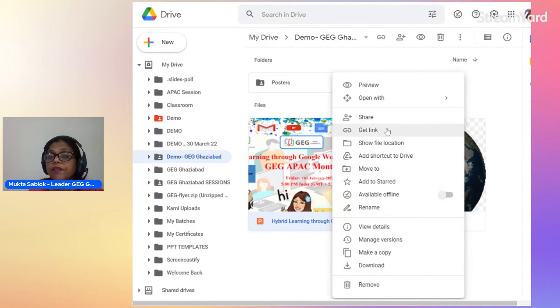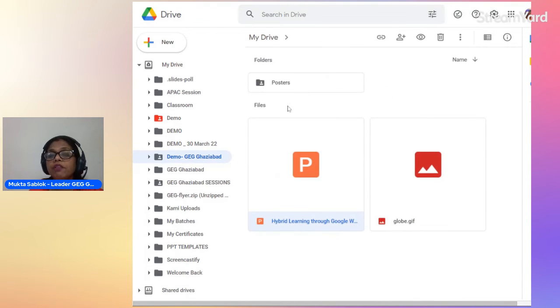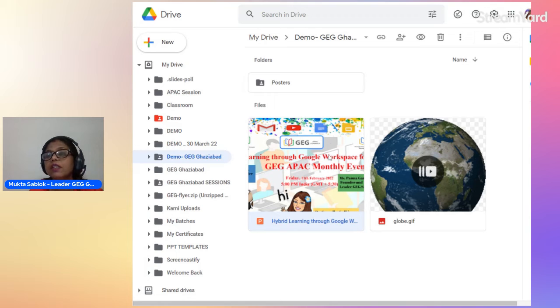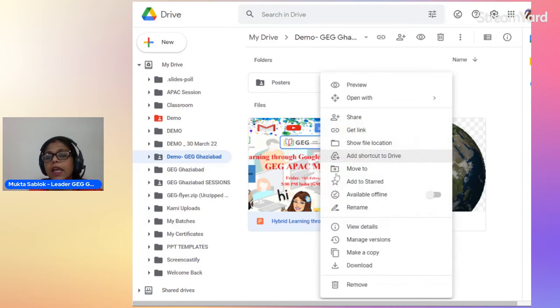Next, we'll see show file location. Show file location is where any file or folder is stored. It will show you the file location. Next option says move to.